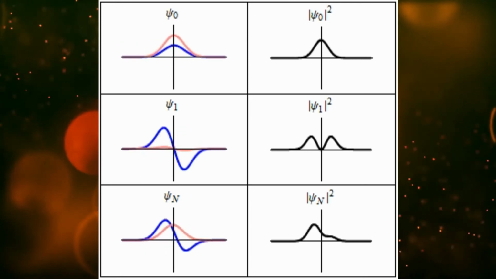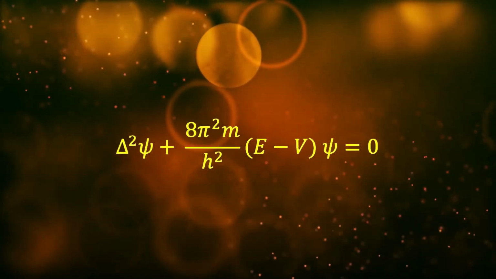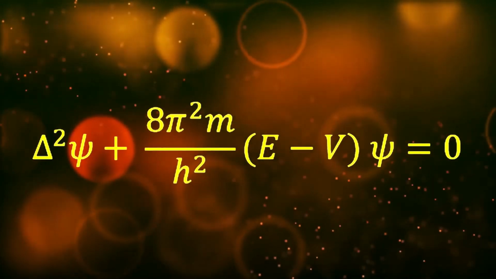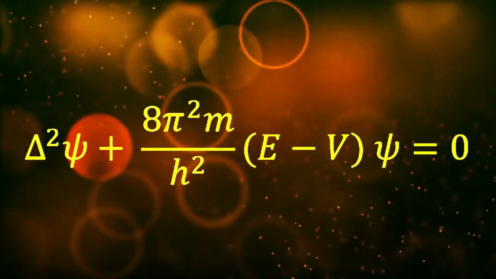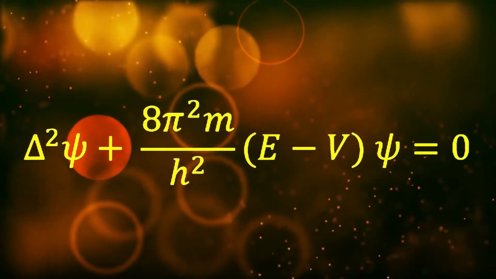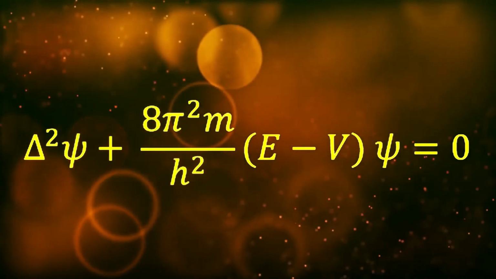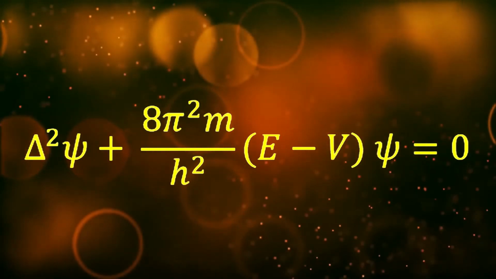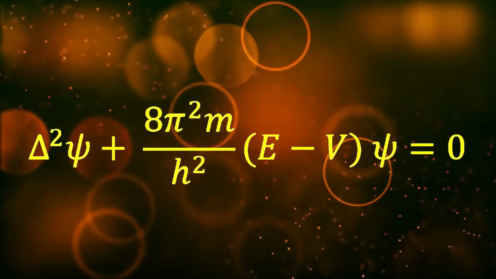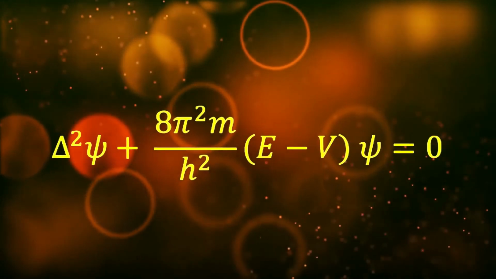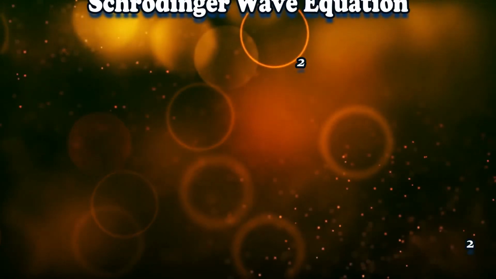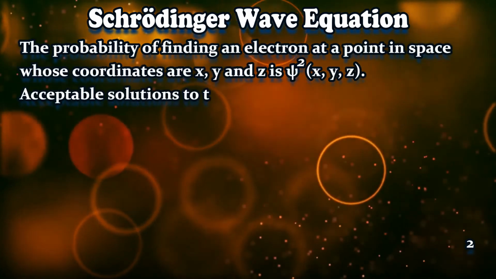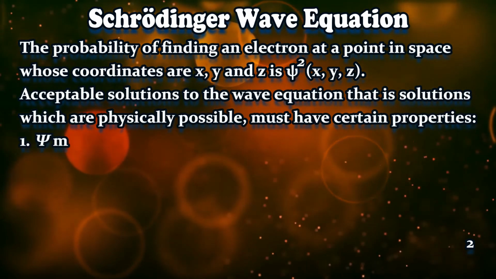Yes. So we will discuss psi, but before that let us move to Schrödinger's wave equation. As you can see, the equation is right in front of you on the screen. This is actually the time independent Schrödinger wave equation, and whatever the parameters are, what is E, what is V, what is mv square, you know it very well, and it is also written there on the screen, right?